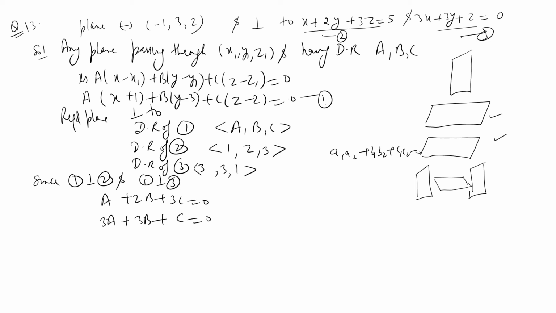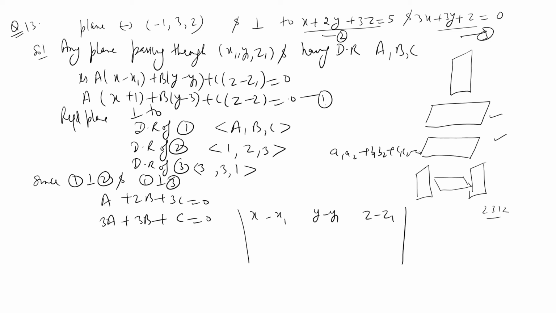There are so many ways of calculating. You can use the 2, 3, 1, 2 or cross multiplication method, which we did in class number 10th. Or the best way of solving it, if you want to go for the side of this, is that you can use the equation like x minus x1, y minus y1, z minus z1.